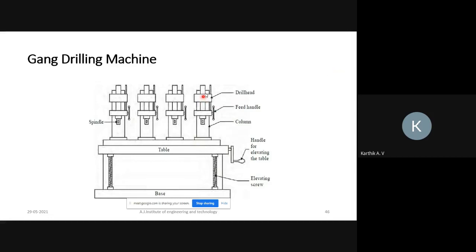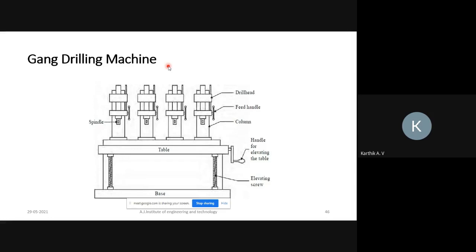In the drill head, a separate motor is used for each spindle, and it carries out the operation based on the requirement. You can use a different tool in each spindle. This process is called a gang drilling machine.